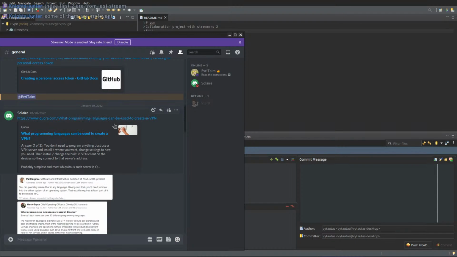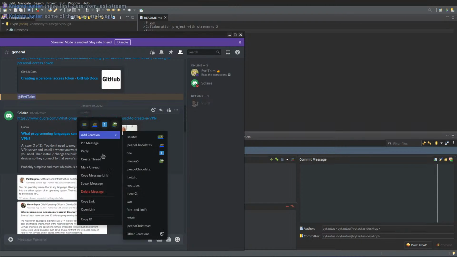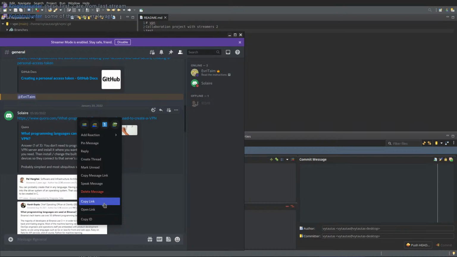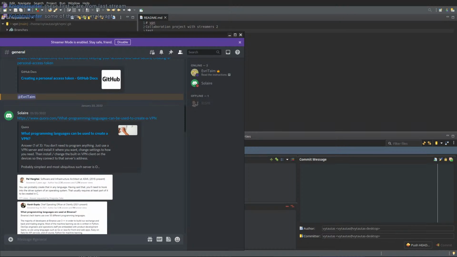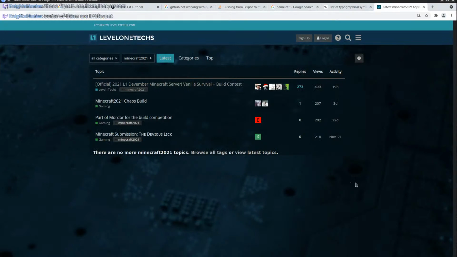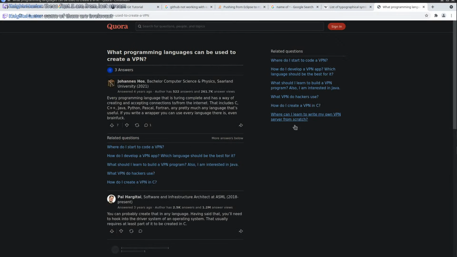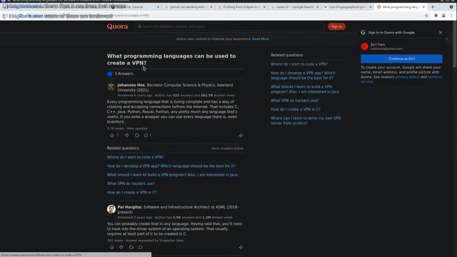But yeah, what kind of programming languages can be used? Yeah, I skimmed through this one, and I'm pretty sure it says that any language can be used. But I started wondering if, well, let's see. Oh yeah, this is just a question, I guess. Every programming language that is Turing complete.